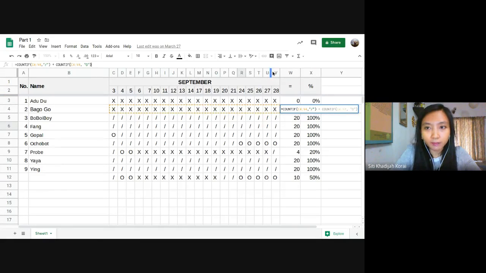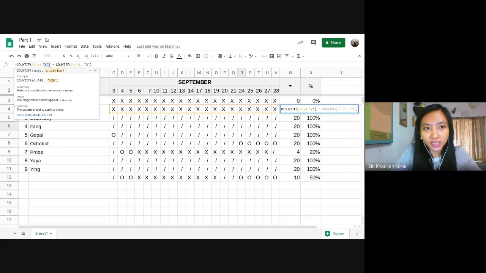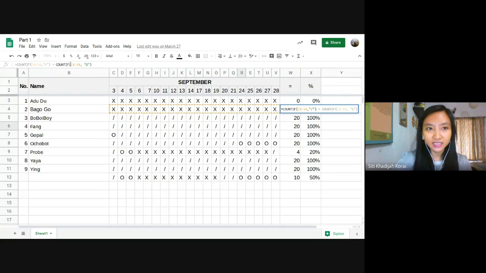I'm asking COUNTIF cell C4 until V4 using this type of character. The character can be anything, it's up to you. You can even put the number 1 or 0, it works as well, but in my case I'm just using the slash symbol. Plus COUNTIF